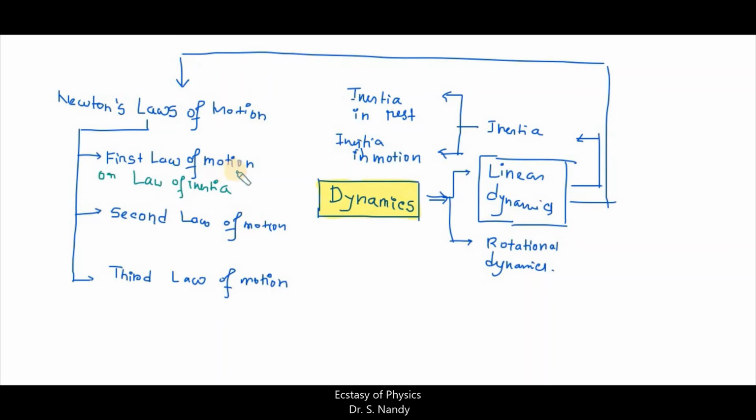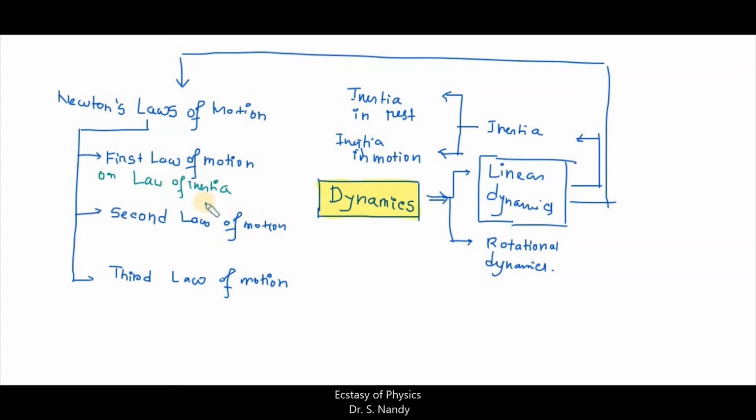According to the first law of motion, if any object is in a rest condition, then it will stay at rest unless and until an external force is exerted on the object, and it is still valid for motion as well. That means if any object is in motion, it will try to maintain the same motion unless some applied force resists its motion. So that's basically stated under the first law of motion.